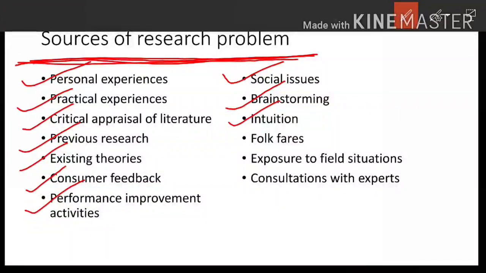Next is intuition. We have already seen intuition in the methods of acquiring knowledge, that is, how we can gain knowledge or get an idea to formulate our research problem. Traditionally, intuitions are considered good sources of knowledge as well as sources to find new research problems. It is believed that the reflective mind is a good source of ideas which may be used to formulate a good research problem.